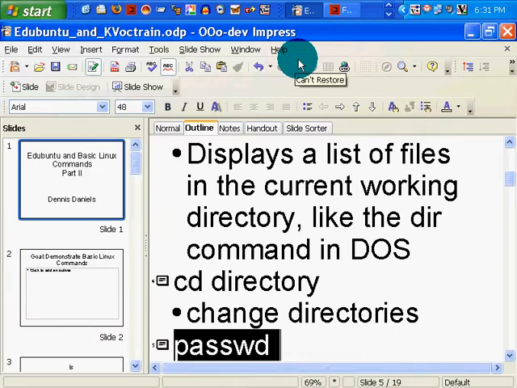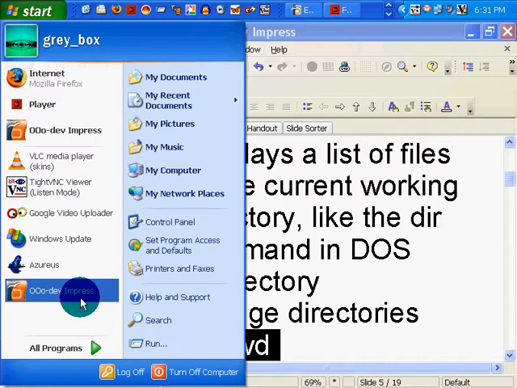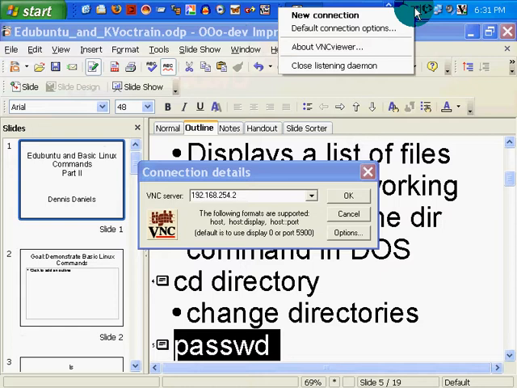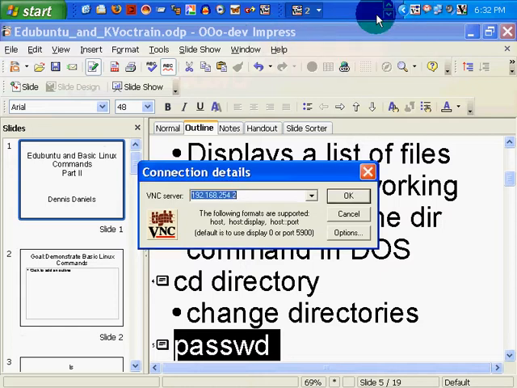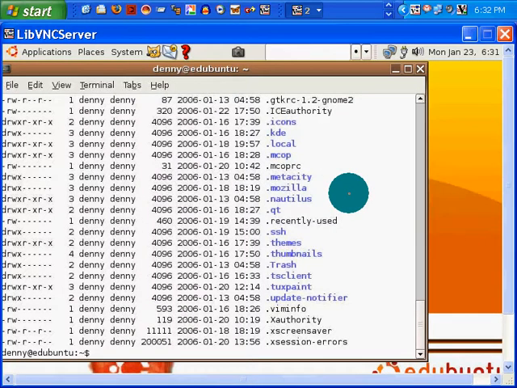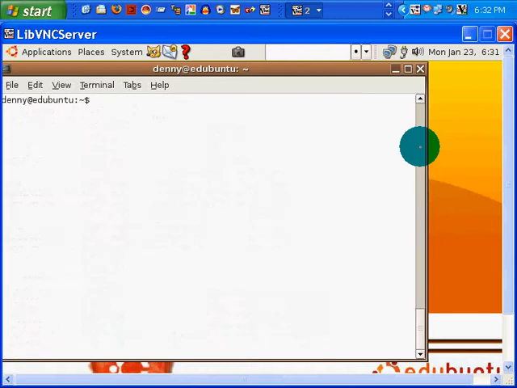Let's take a look here. I've already created a shortcut to it, and it's already started over here. The VNC viewer. Type VNC is in listen mode. Let's go ahead and start it. New connection. .2 is the Edubuntu machine, so when I click OK, my Edubuntu machine will say, do you want me to do this? And I click allow,